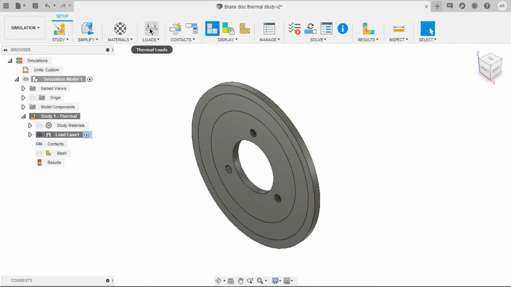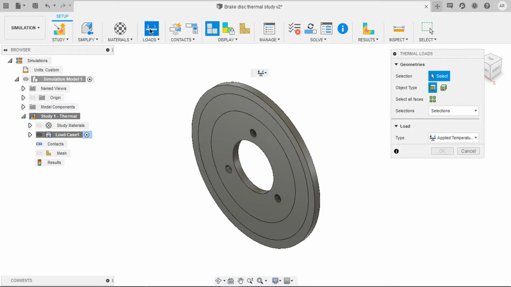And then here we have loads. Just click on that. Whenever a brake pad applies for a moving vehicle which is possessing kinetic energy, in the form of rotational and translational, in order to stop the vehicle, the force applied on the brake disc will reduce the speed of the vehicle. Thus the kinetic energy of the vehicle is converted into heat energy. If heat is generated, it must be having temperature, right?